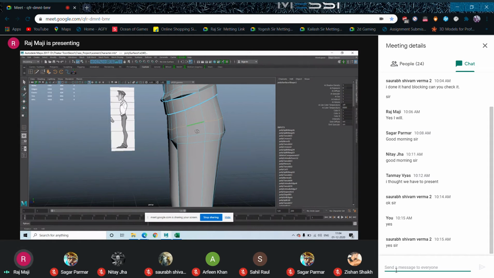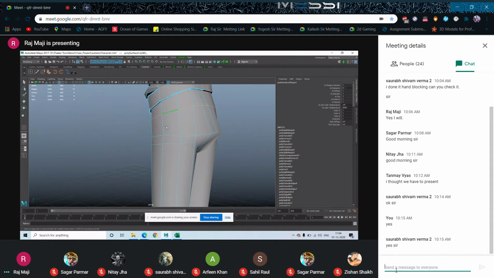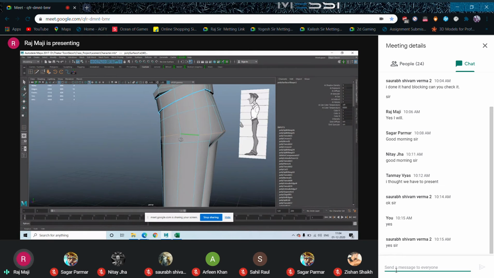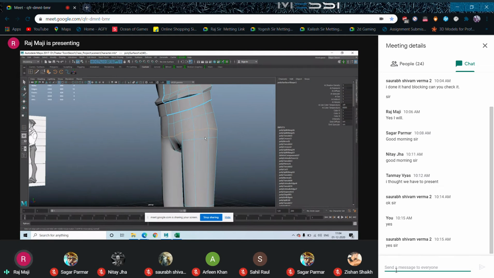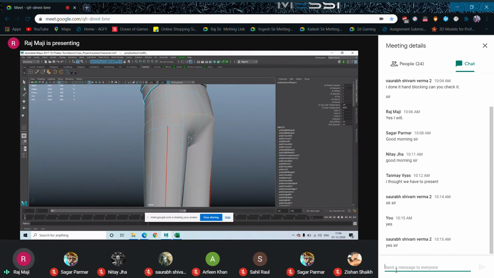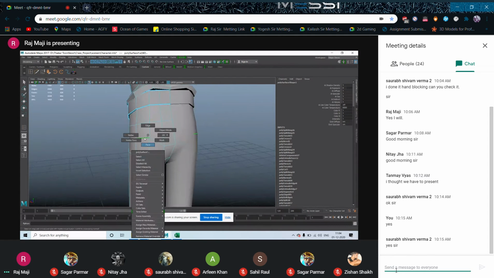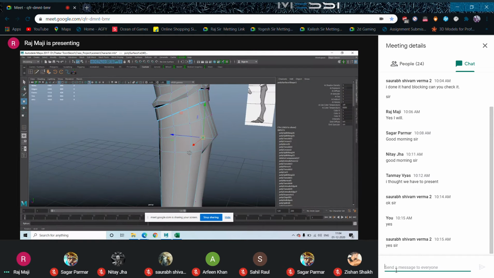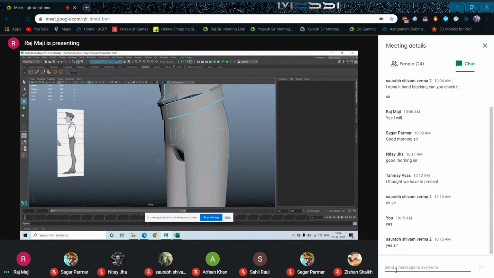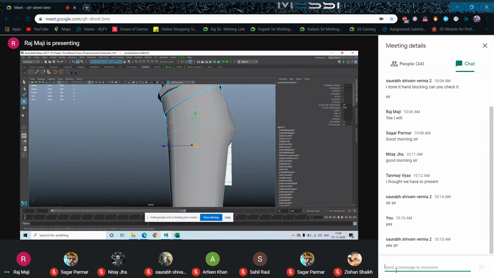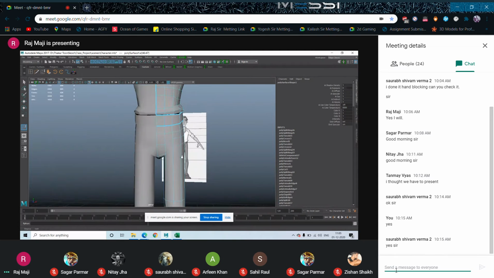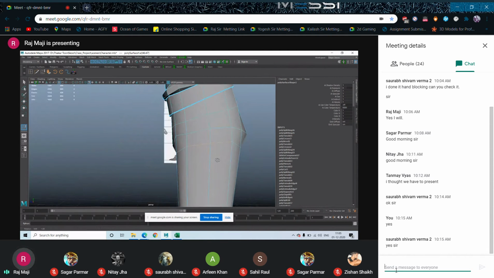So similarly this one I'm pushing it upward, so this one a little bit upward, not entirely but only this much. All right, this is looking much better now,